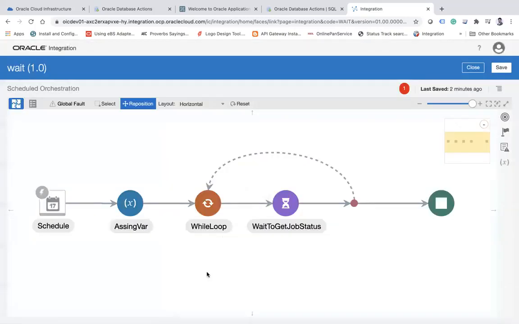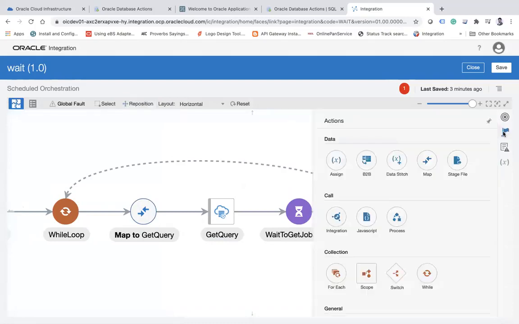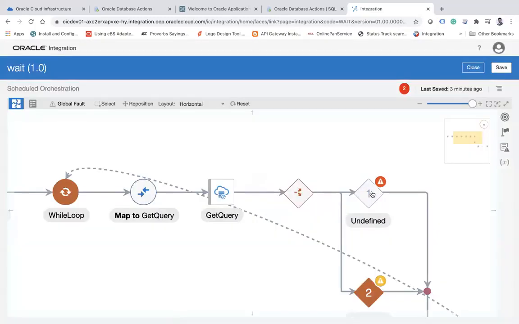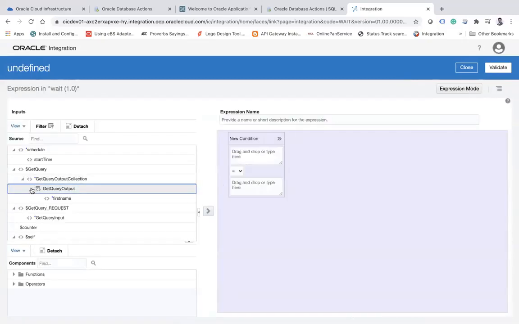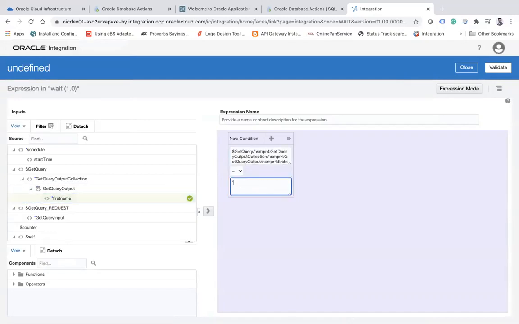Done. Okay. So either it will return first name or not. So here, what you can do, you can make a switch here. Okay. And you can say, I'm just making a first name. Let's say if first name equals to Y,